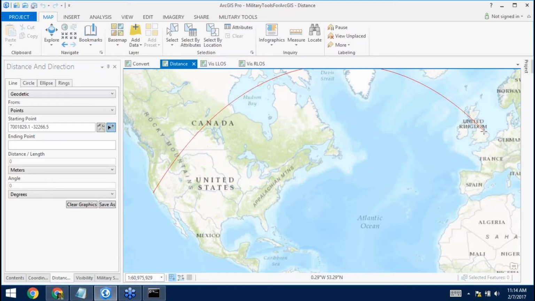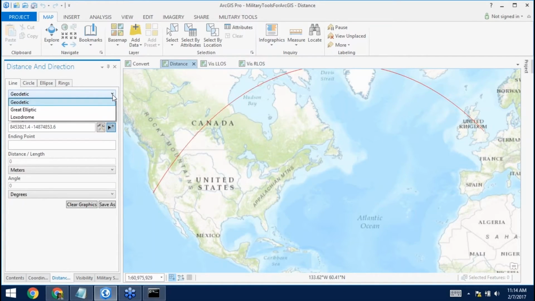One of the cool things about the distance direction add-in is you have automatic feedback. So as I drag my mouse over my map, I can see where that line is going to be created. I also have three different choices. I can create geodesic, elliptic and loxodrome lines as well. If I want to create lines from 2 given points, I have that option,